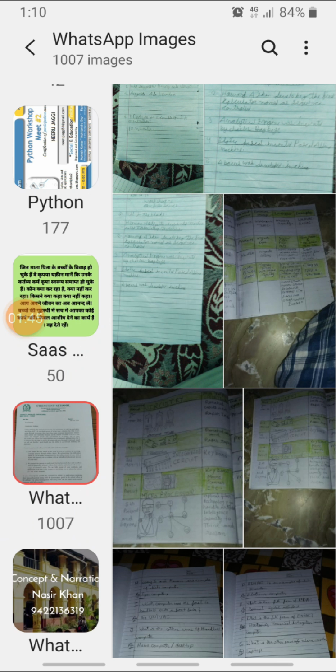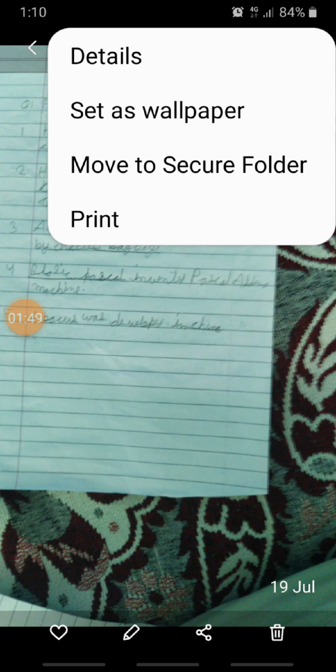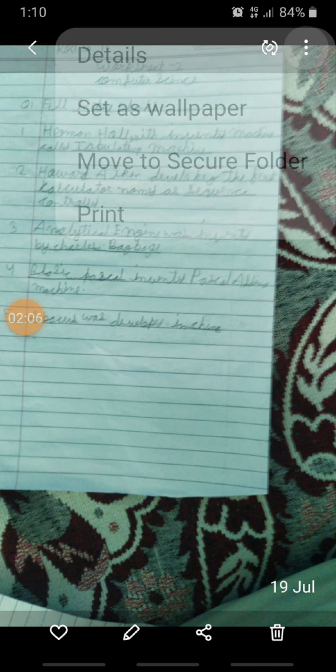The other type, I'll tell you how we can do it. I'll take some other page. Suppose I've taken this page. Again, I'll show you the details of the page. Again, it's a WhatsApp image. You can read it very well. Fine. Now for this, I'm going to use PDF. I want to convert it. Don't worry, you need not have a PDF converter on your mobile. I'll let you know how you are going to do it.